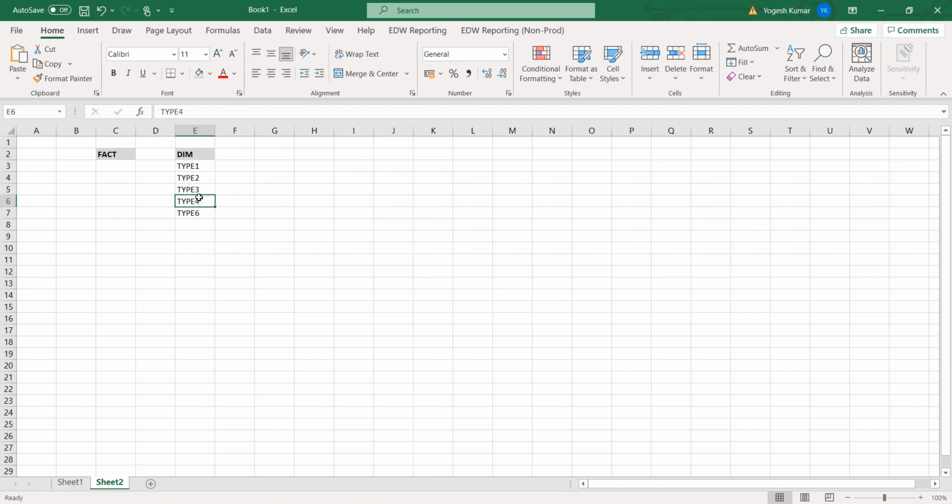Type 4, another different kind of functionality. Type 6 is just a combination of the first three. If you add the first three, 1, 2, 3, what will be the sum? Just try to add that.